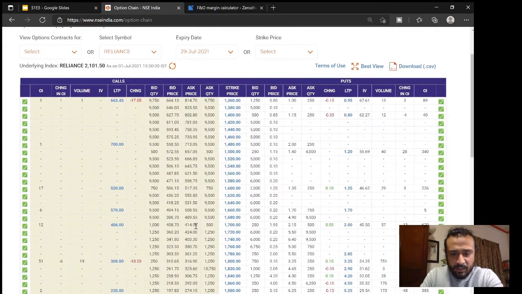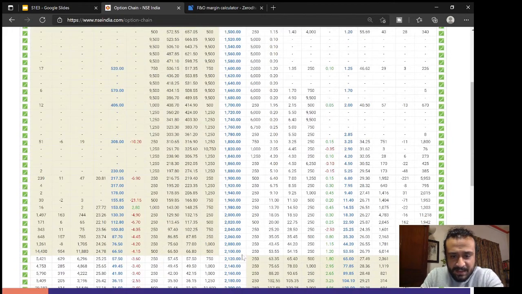Now let us look at the increments. As you can see, strike prices are available at 20 rupees increment for Reliance. So there is a rationale for what strike prices are made available. Typically 0.75% increments are available, but it's no such standard rule, but that is what they try to maintain so that different people can speculate at different levels. Let's get back to our slides.